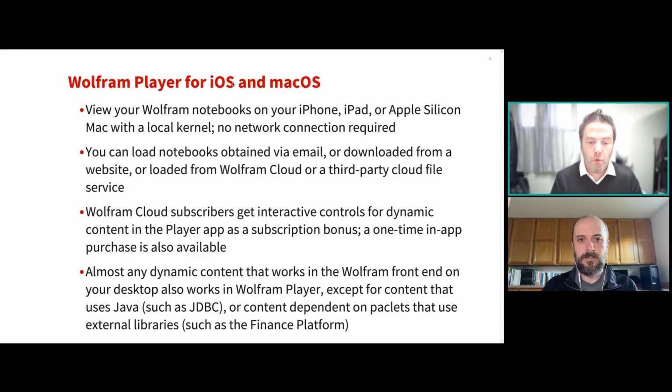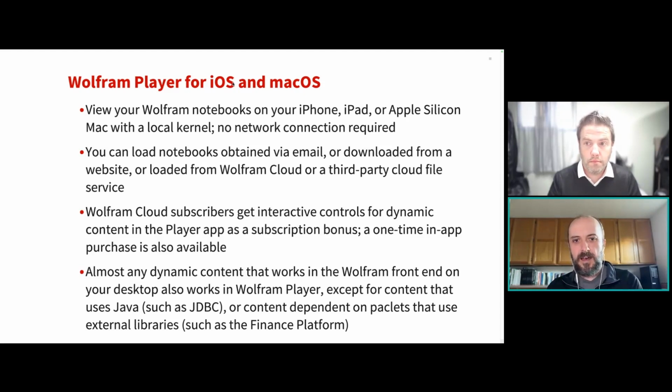Let's move on to Wolfram Player for iOS and macOS. All right, so this is an app that will allow you to view your notebook-based content on your iPhone, iPad, or if you have an Apple Silicon Mac. The Wolfram Player app also works on Apple Silicon Mac. You can download it straight from the App Store. They have a local kernel with you on your iPhone, iPad, etc. So no network connection is required to